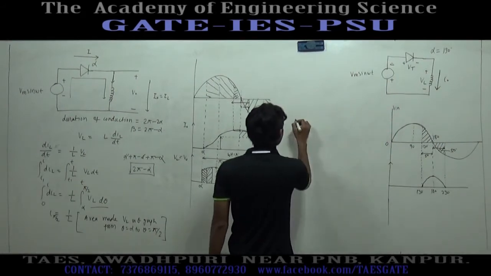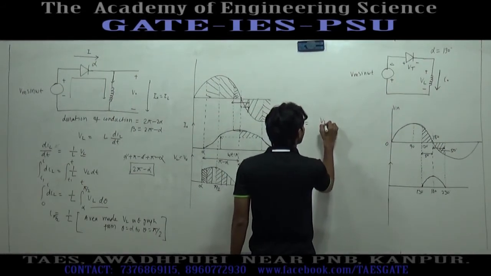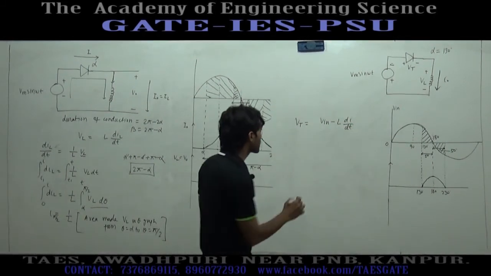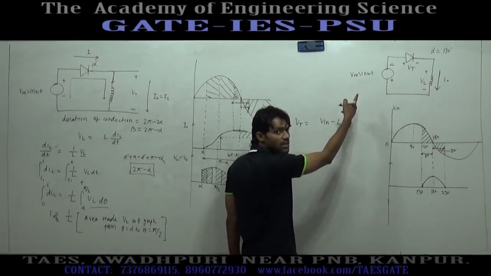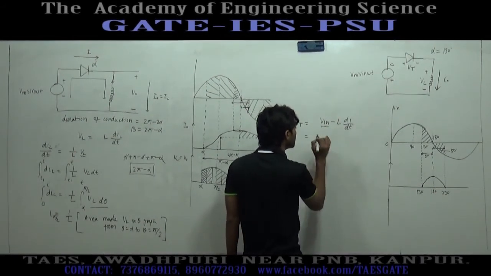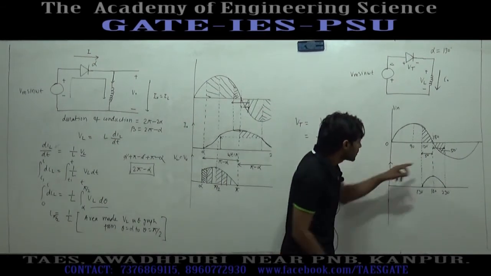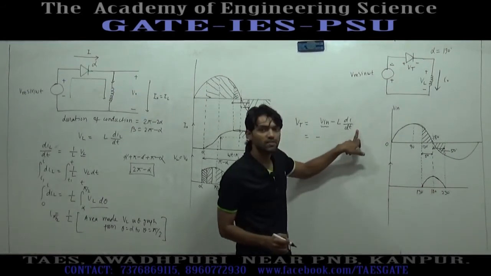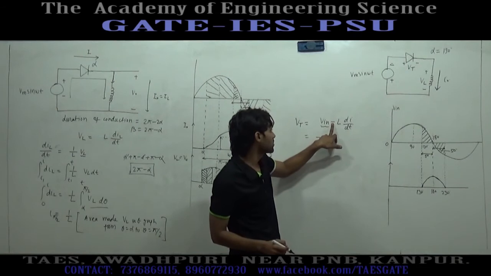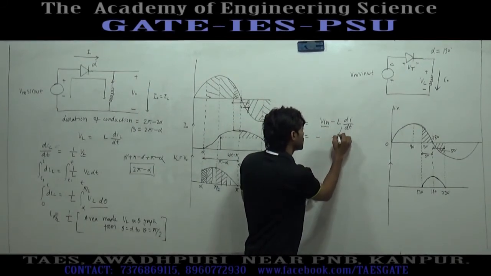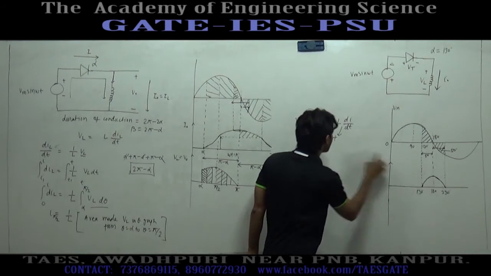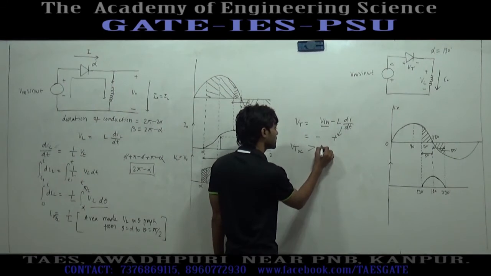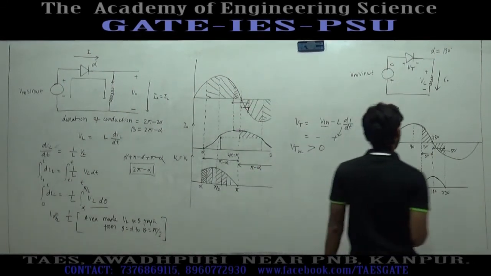After omega t equal to pi, if we analyze, Vt equal to V input minus L di over dt. After omega t equal to pi, the input voltage direction is reversed. So, this voltage becomes negative, but after omega t equal to pi current is decreasing. Hence, di over dt will be negative, and this negative becomes a positive quantity. This quantity becomes positive, and in this duration this positive is greater than this negative. Hence, the overall thyristor voltage, the open circuit voltage across the thyristor, is greater than 0 and the thyristor is conducting.